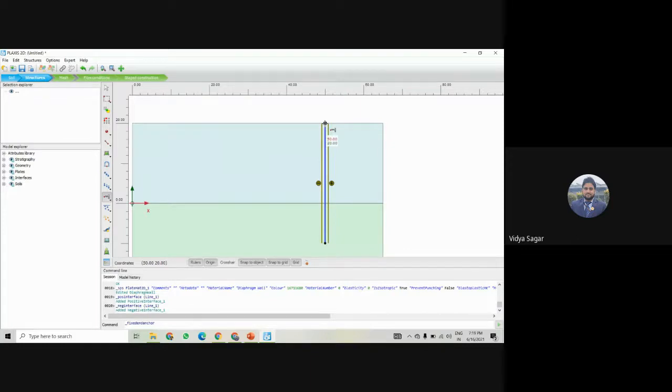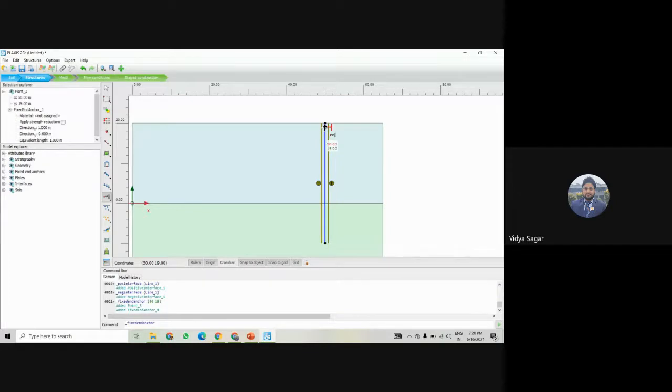Wait a second. Okay, this is at this position. Yeah, at the 15, 19, and it will go up to the 15 meter from this horizontal, because total depth is the 30. So either way, I can press the escape button or right click, and it will be removed from here.